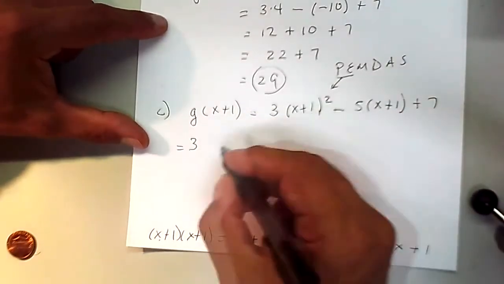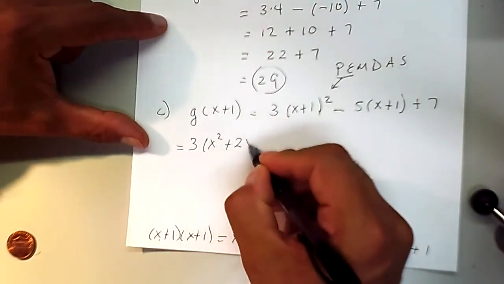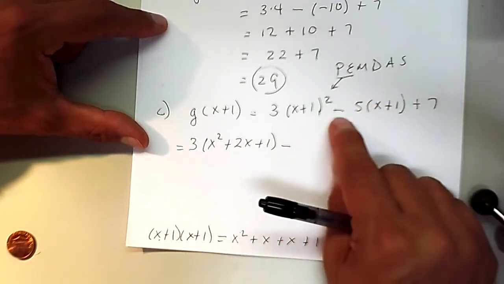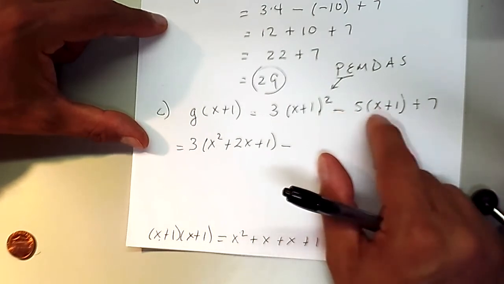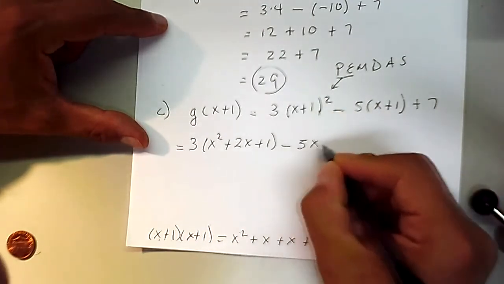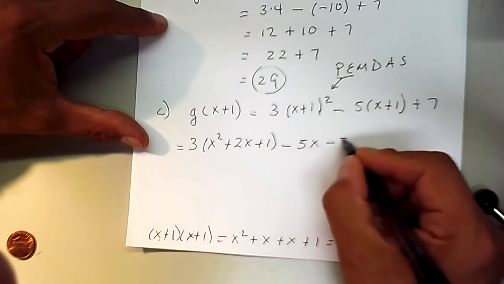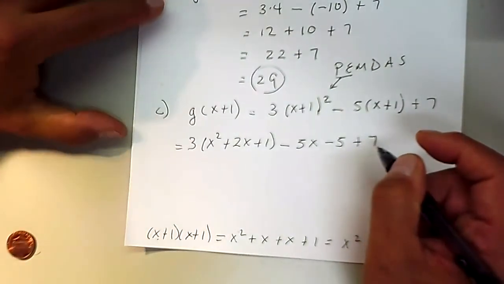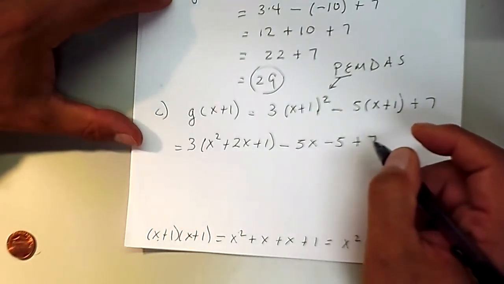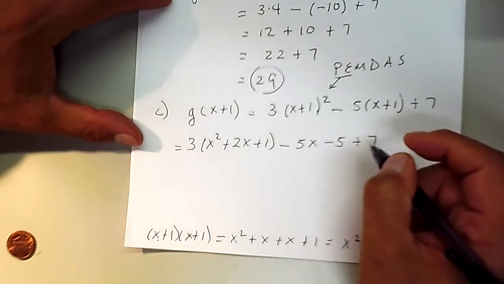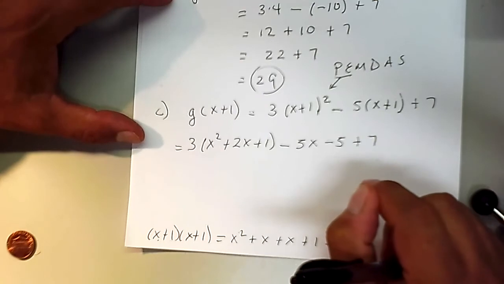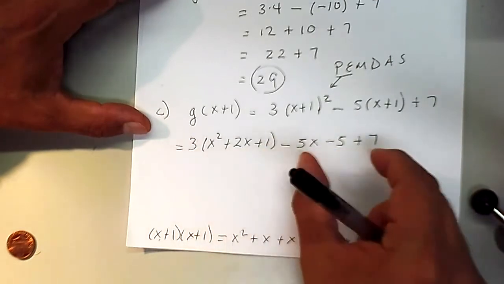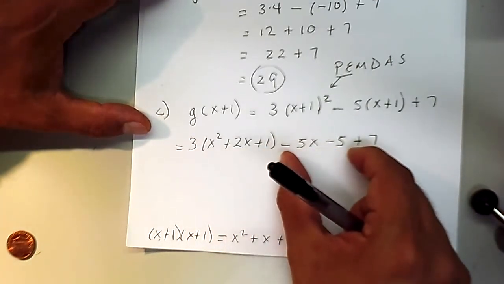All right, so that is the squaring, x squared plus 2x plus 1 minus, we're going to distribute the 5 with its negative, with its subtraction, onto the x plus 1. Minus 5x minus 5, and then we're going to add 7. Okay, now things get a little more complicated. This is a little complicated. It's not difficult, it's just complicated. Because technically speaking, we got to wait till we do this and then subtract this quantity, before we add the